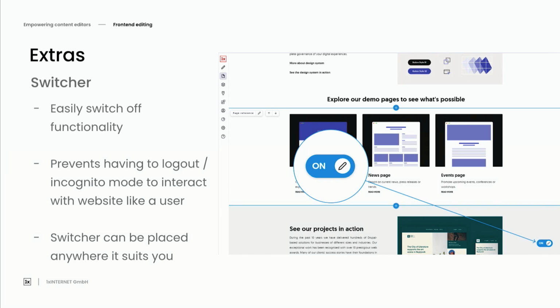Now, I can tell you, firstly, this was something that was heavily requested by users and really leaders of these content editing teams. So this is something that we've implemented in this past year. But I can also tell you, on every website that I've gone to which has the front-end editing module, this has been enabled and it's been placed all over the place up to their needs. It's very cool to see that this is something that's once again very useful.